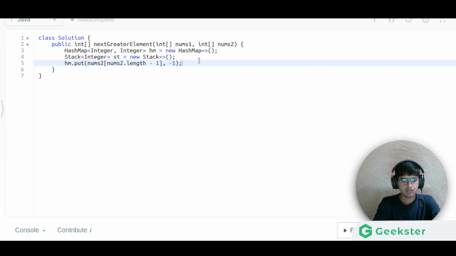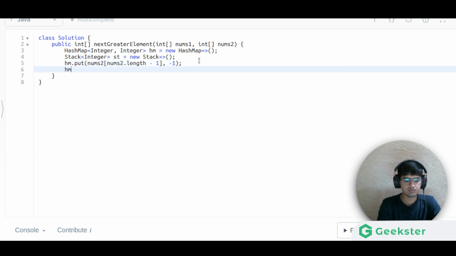And the similar thing is for the stack, st dot push, and we'll push the last value basically, nums2 of nums2 dot length minus 1. So that is done.